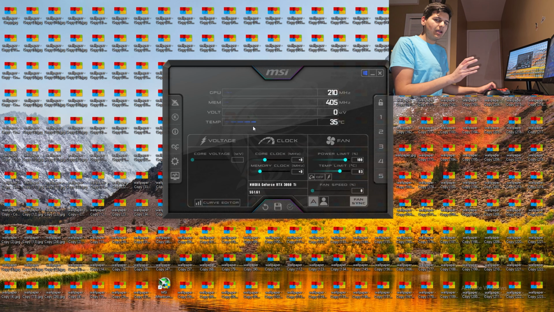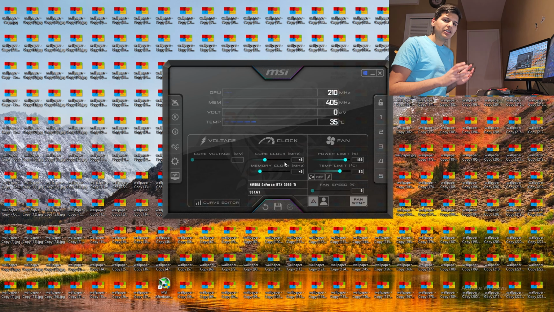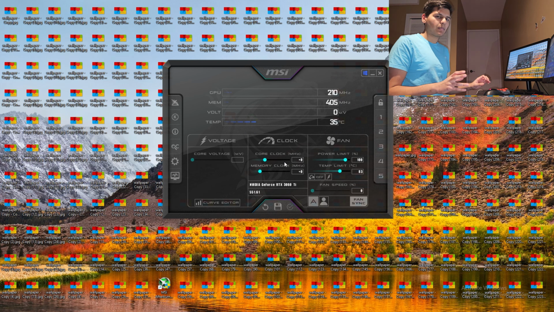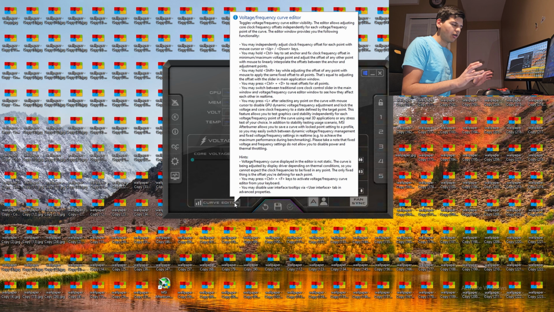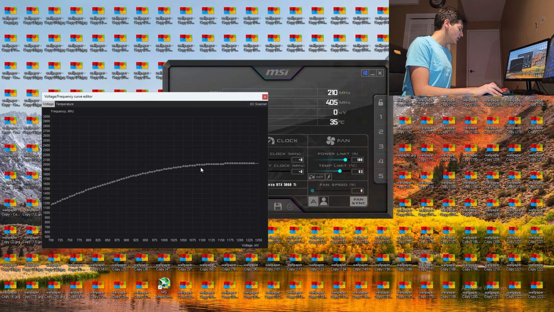So in MSI Afterburner, we are able to manually undervolt a GPU. Why are we doing it manually here? Because doing it manually will make it much easier to explain the actual process of how undervolting works. So how we do it is we find the lowest voltage that the GPU can accept for a specific level of performance. So I have already gone through the GPU and tested it, and I have noticed that the lowest undervolt that I can do is over here at